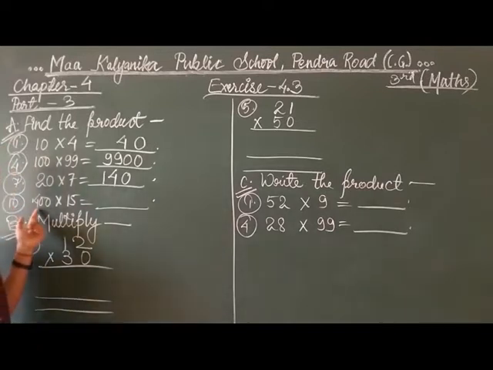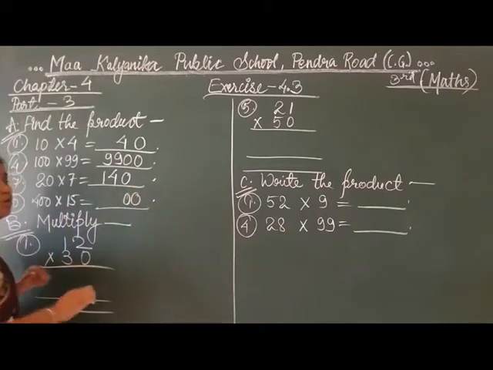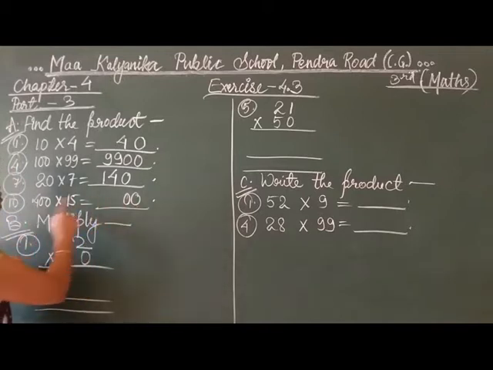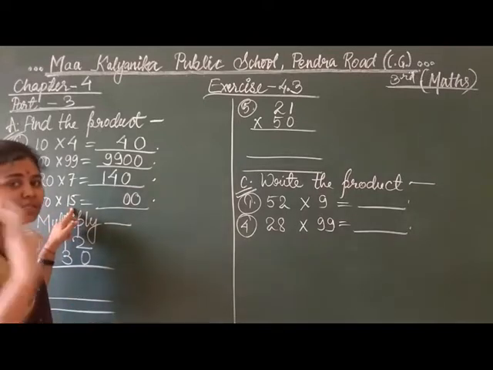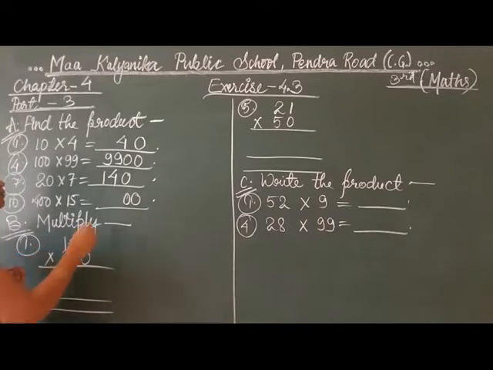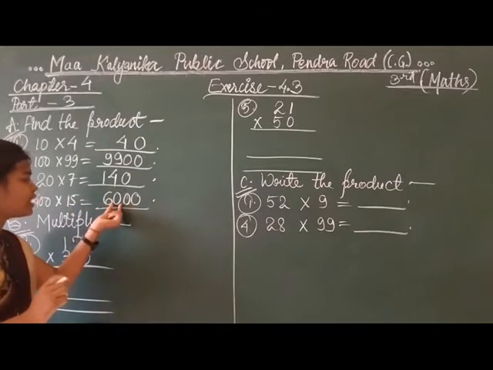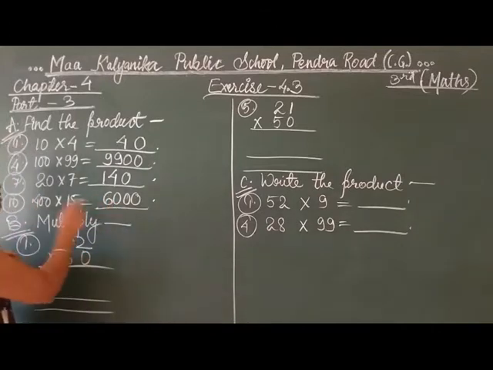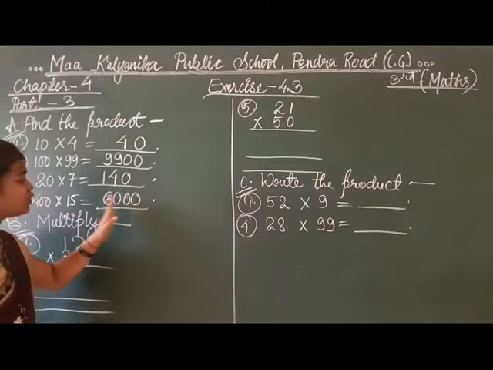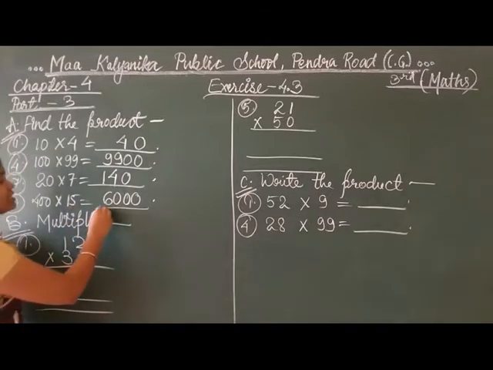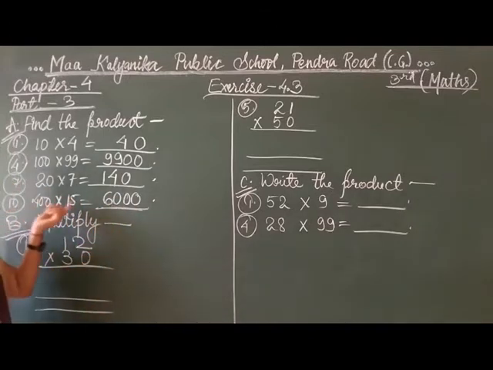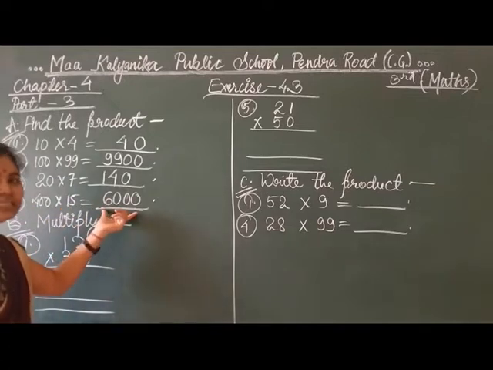So simply students, 400 multiplied by 15. Now 2 zeros are there. You can put 0 or you can read the table. 15 zeros are 0, 15 zeros are 0 and 15 4s are. So 15 1s are 15, 15 2s are 30, 15 3s are 45 and 15 4s are 60. So the most important thing here is students, don't forget to put this 0, because 2 zeros are here but 15 4s are 60, and 60 is also having 1 0. So don't remove 1 0 from here. Okay. Simply it is a 4-digit number. So 400 multiplied by 15, the answer is 6000.